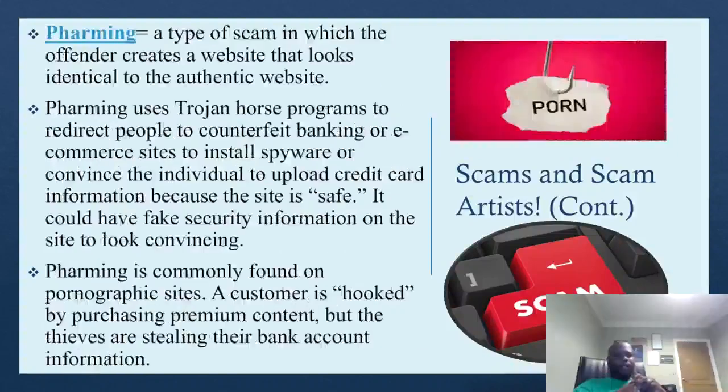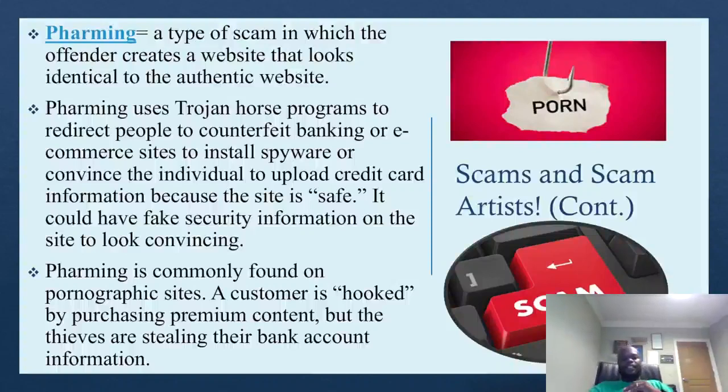And then last thing, we got pharming. Pharming is a type of scam in which the offender creates a website that looks identical to the authentic website. Pharming typically uses what's called a Trojan horse program, and it's going to redirect people to counterfeit banking or e-commerce sites, and then it's going to install spyware